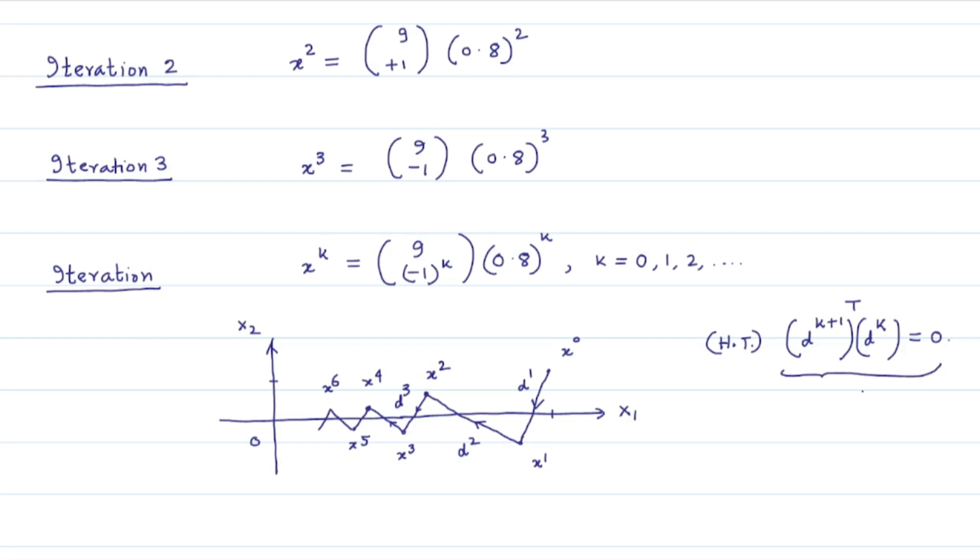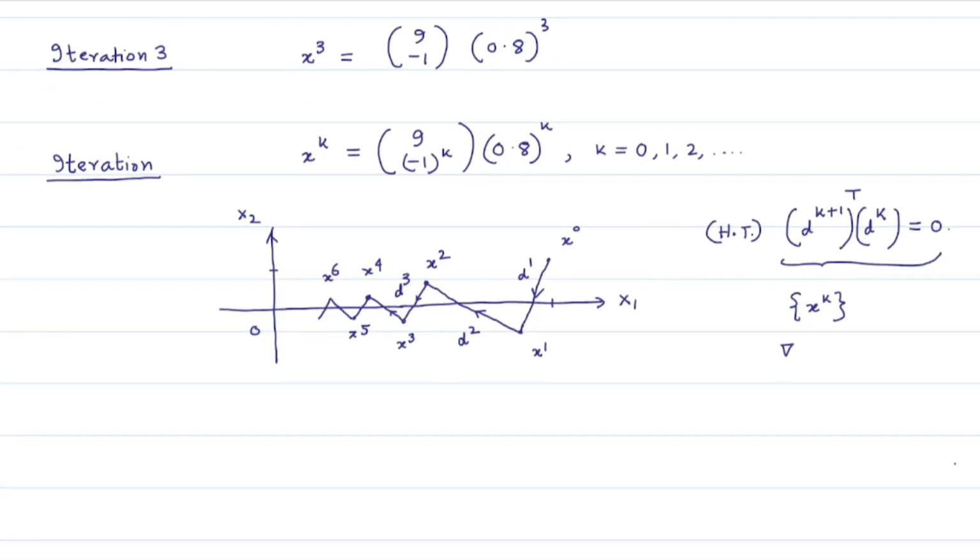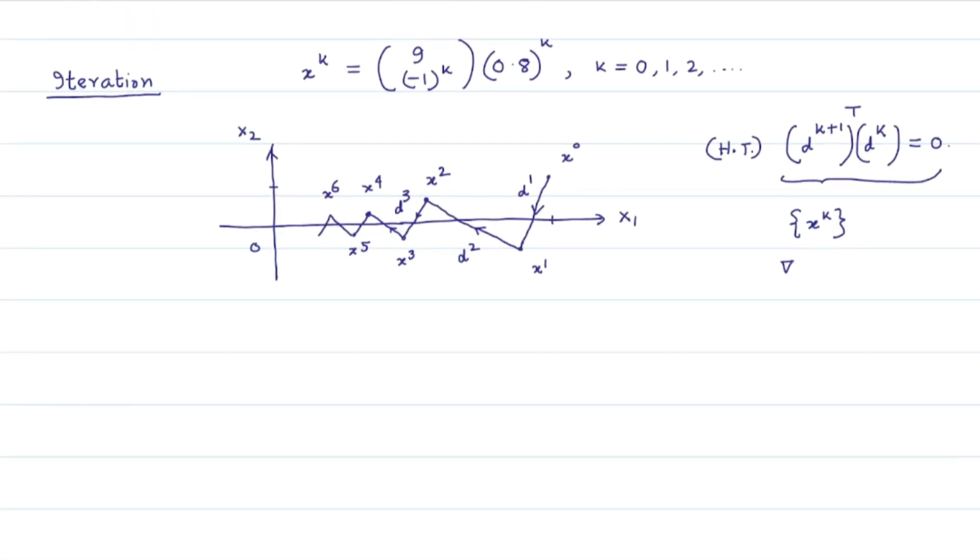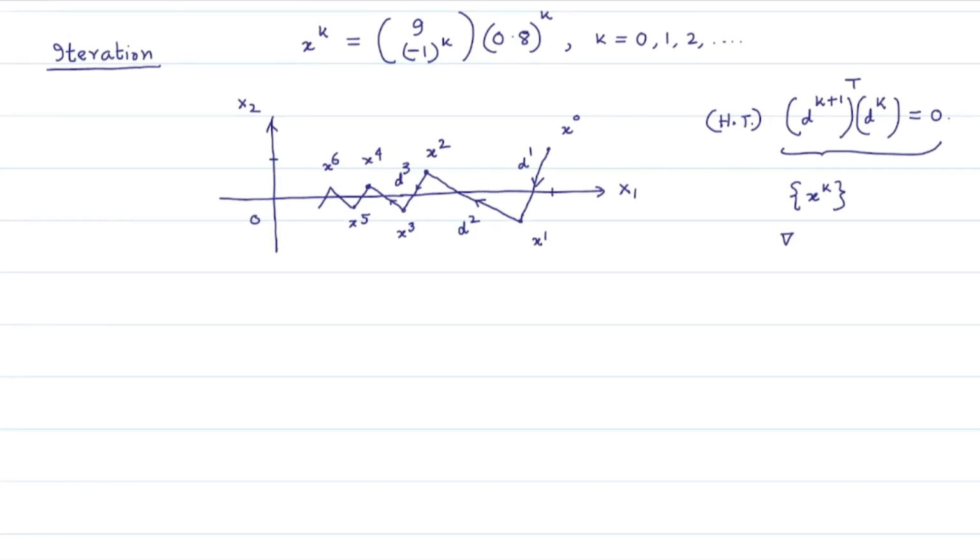If you apply the steepest descent method on a function that has just first order continuous partial derivatives, you will find that the sequence generated by the steepest descent method has the property that the consecutive directions dk plus 1 and dk are perpendicular to each other, and hence the path of movement follows a zigzagging path. Next we'll go for proving this zigzagging phenomenon for the steepest descent method for any given function of several